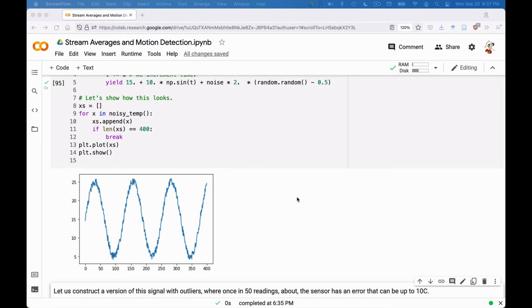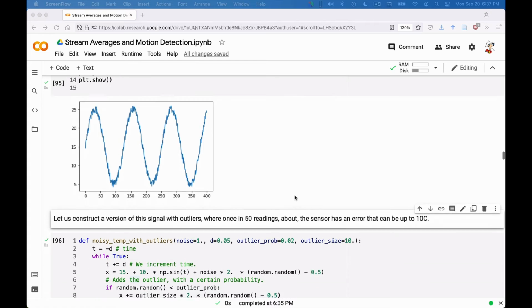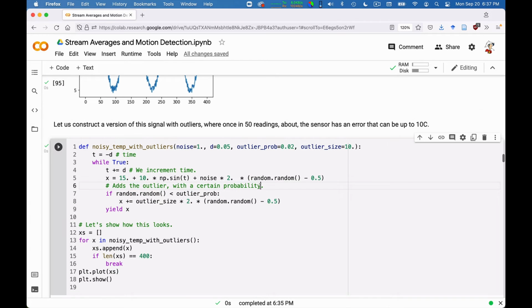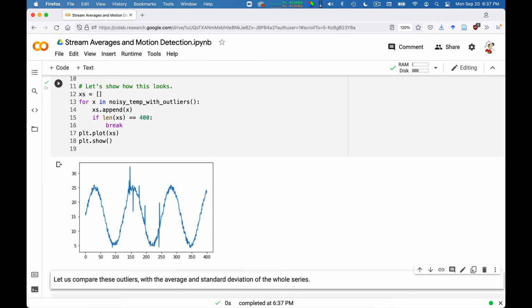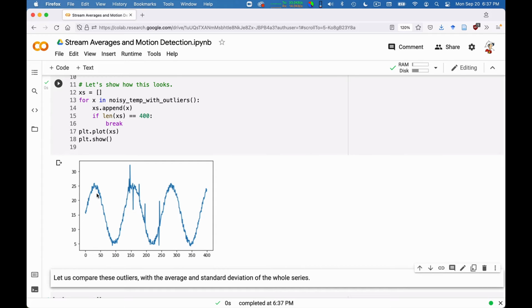Now, imagine that our thermometer is a bit noisy, and every now and then it takes a faulty reading. It could be that somebody opens a window and there is a cold draft, or somebody puts a hot pan close to the sensor, but every now and then there is a disturbance, okay? So here I model the disturbance by simply adding every now and then a larger random value. Let me just show you the result. Actually, you can read the code if you like. So you see, these are the noisy readings, and every now and then there is a big spike.